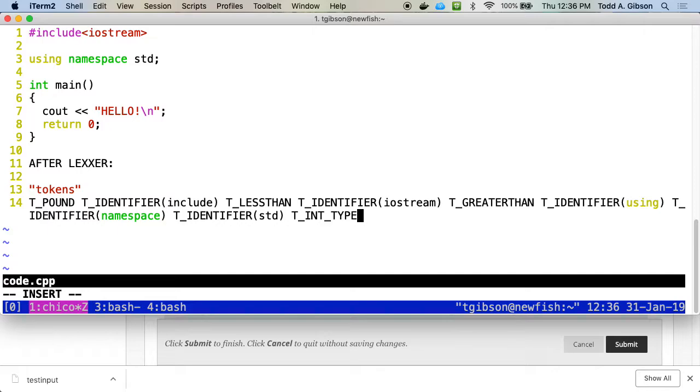The semicolon, yeah, I'm missing that. Where does that need to be? Right here. Oops, yep. All right. So this is what the